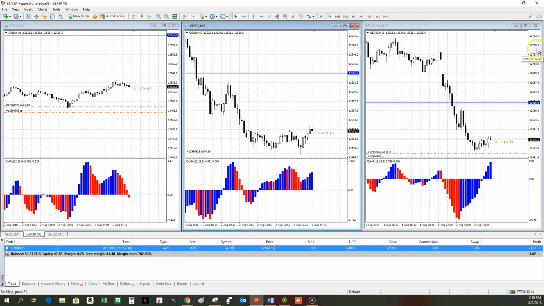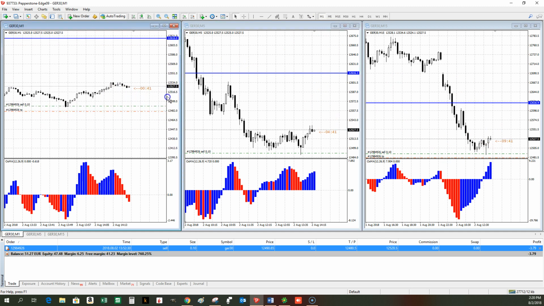So let's go. As you can see, on 1 minute we have the zero line that was crossed. But I will not take any trade right now. No trade down. Why? Because it's not enough to take a trade. It's not a good signal to take a trade right now. I prefer to wait on 5 minutes and see on 15 minutes what's gonna happen. It's probably gonna go up again.